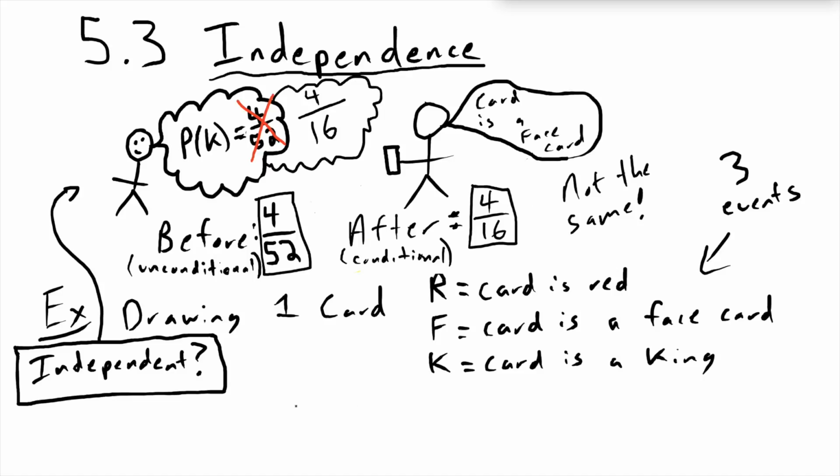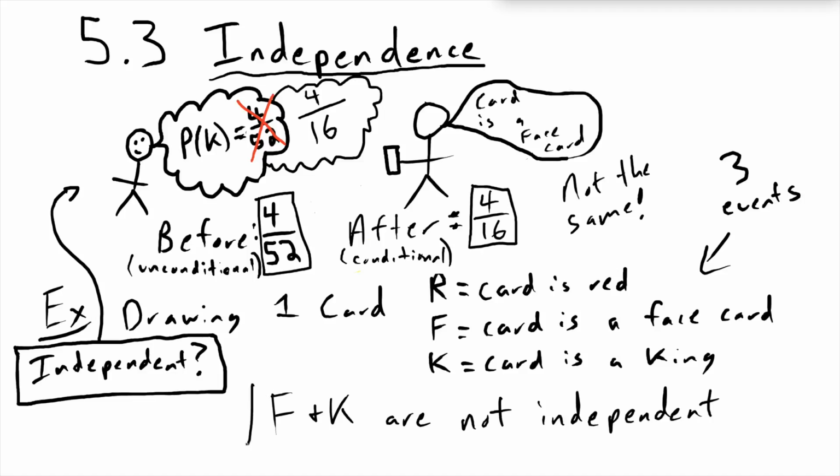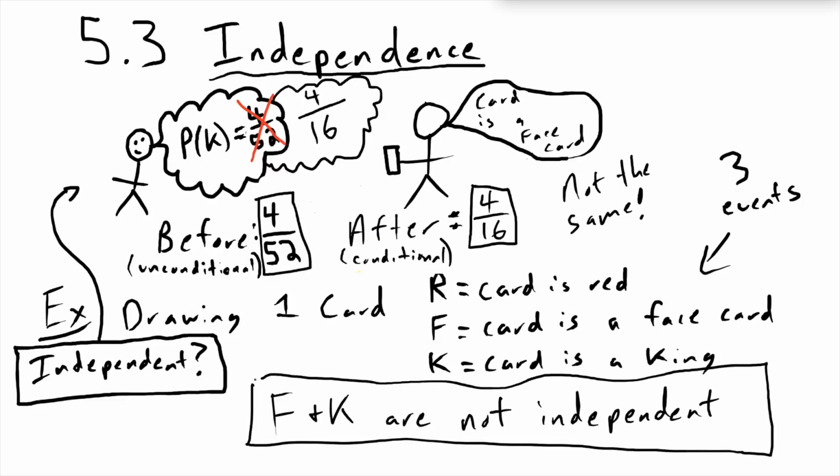So what does that mean? It means that the events F and K are not independent. I definitely learned some useful information in terms of my ability to guess this card if I was told that card was a face card. The events F and K do affect each other. The probability of K depends on whether or not F happened. I've mentioned that the before probability is an unconditional probability and this after probability is a conditional probability,